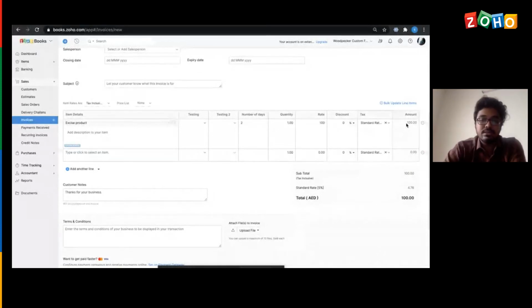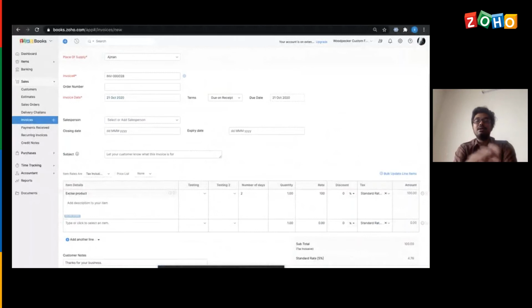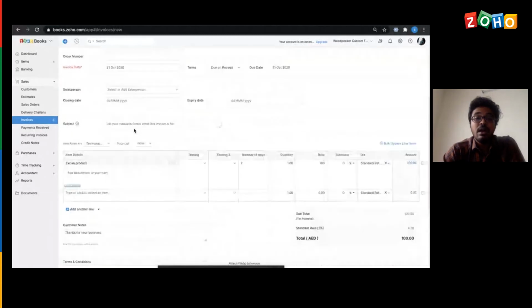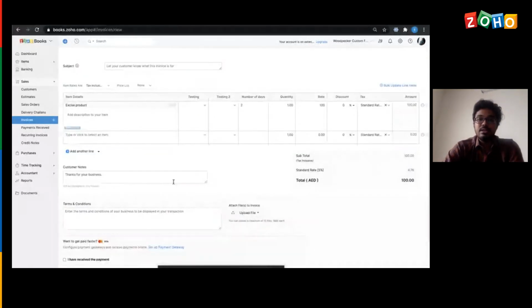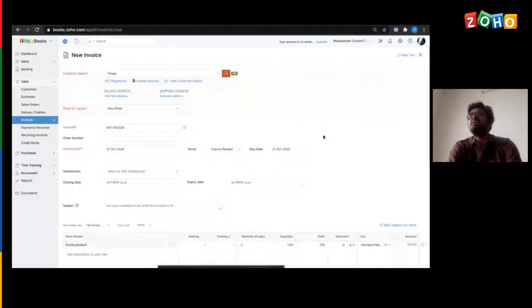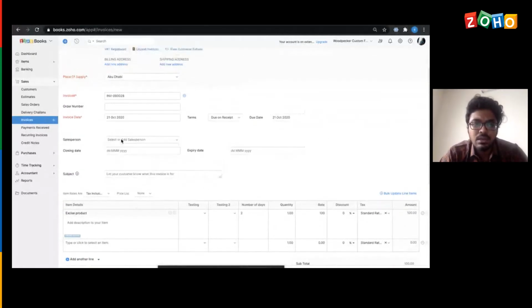In this case, because of the custom function I have executed, I've added an additional criteria to it, wherein the calculation would also take place based on the number of days that you enter in this additional field.